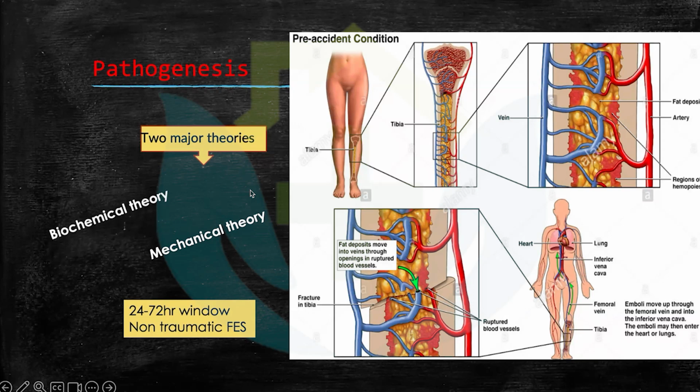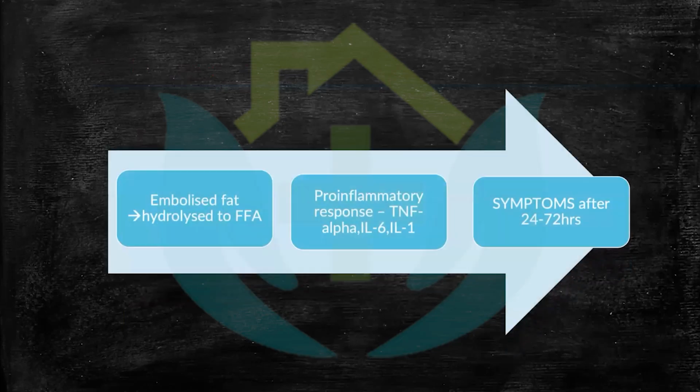But it is not the most common or the most important mechanism, pathophysiologically wise. What happens is a biochemical thing. After it enters into the circulation, it causes a severe systemic inflammation. There are increased amounts of TNF alpha, IL-6, and IL-1 that are secreted into the system, and because of this severe inflammation, along with inflammation comes vasoconstriction.